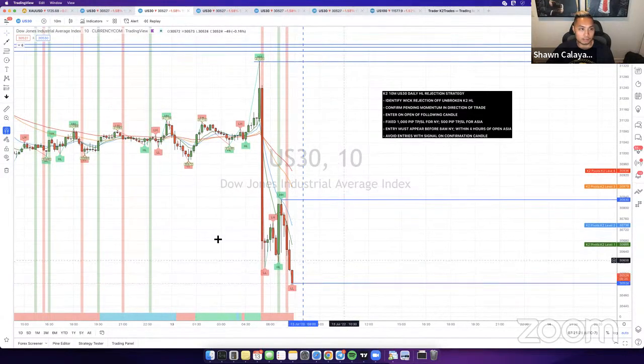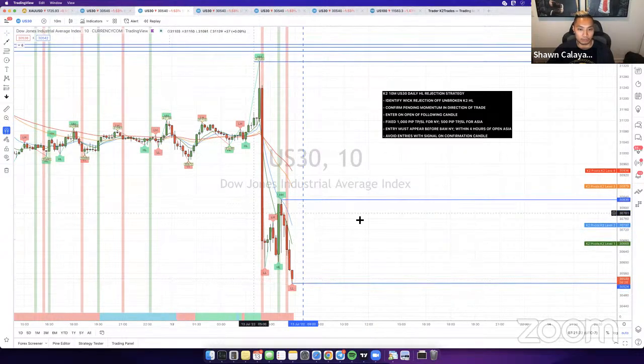So the main key is just consistency, guys. You don't have to pass by tomorrow. You don't have to pass within the first 10 days or so. You have a whole 30 days. And if you're in profit a decent amount at the end of those 30 days, they'll give you an extension. So just keep that in mind. But yeah, other than that,